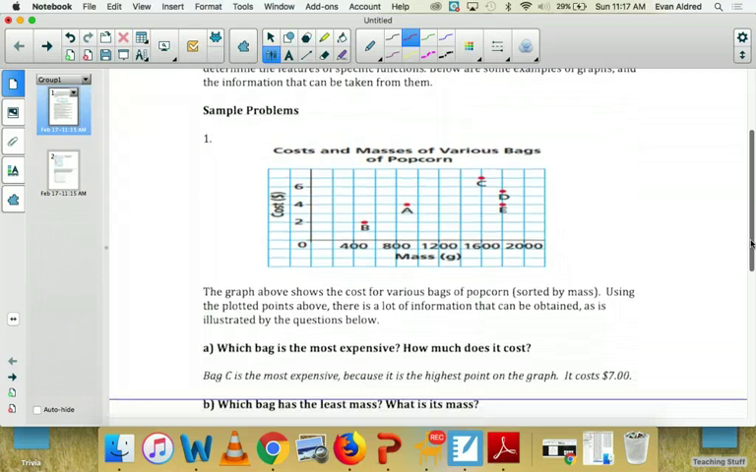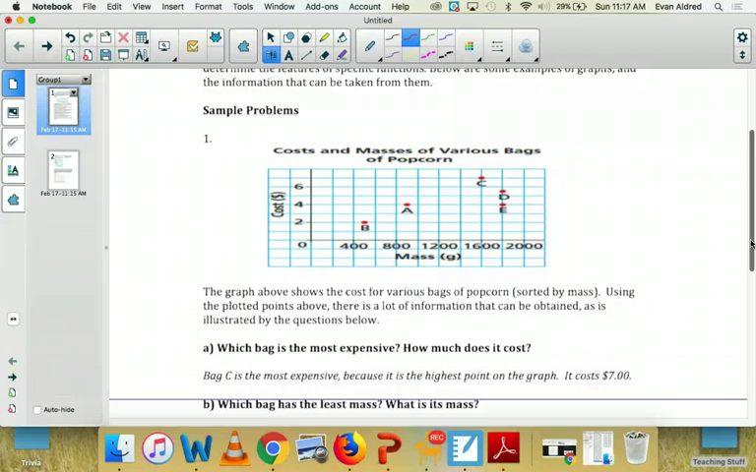So there are no definitions for this reference guide. It's just a matter of either A, being presented with a graph that you have to pick some information off of, or B, being given information and in turn creating a graph, which is what we're going to do in problems 2 and 3. For the first problem, you'll notice that we're talking about the cost and the mass of